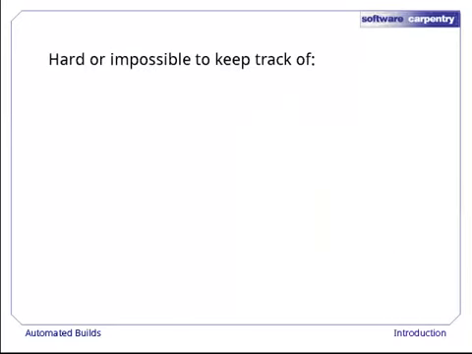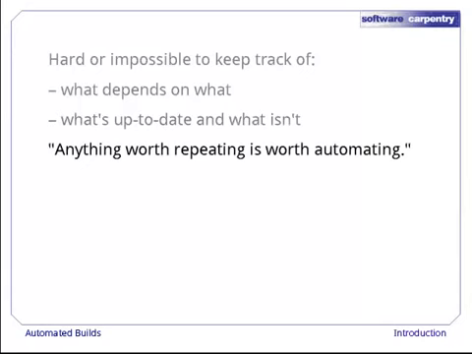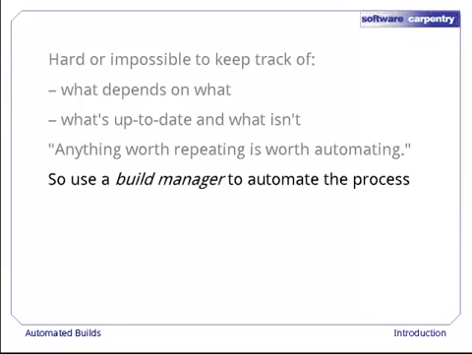If there are more than a dozen or so tasks, it can be hard or impossible to manually keep track of what depends on what, and what is up to date and what isn't, i.e. what's been done and what still needs to be done. This is where tools like Make come in. One of the fundamental rules of computing is that anything worth repeating is worth automating. If we need to do the same tasks over and over again, we should use a build manager to handle